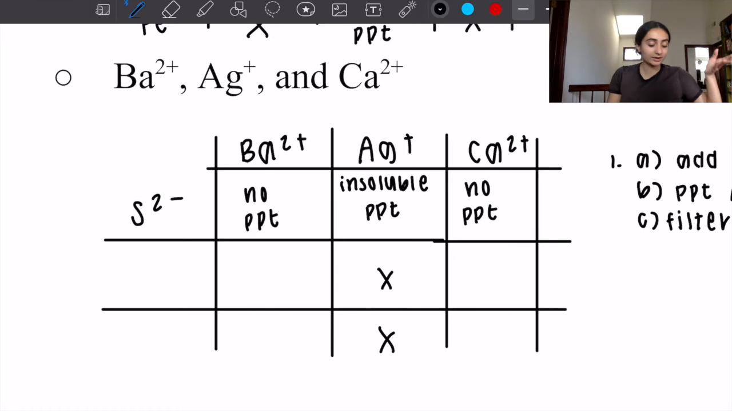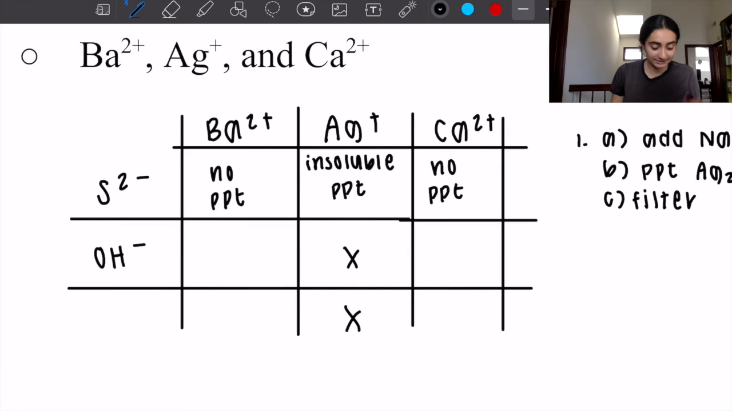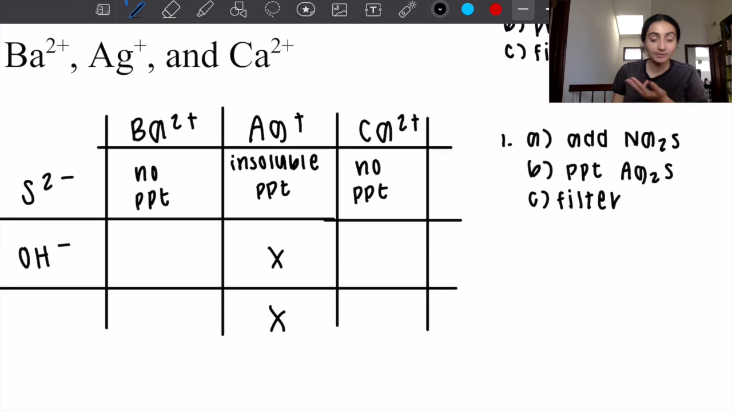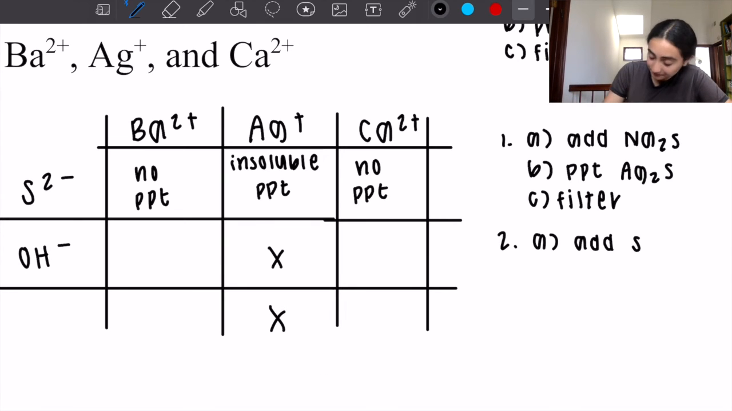Next, we want either barium or calcium. So I'm going to keep searching on my list, and I notice that hydroxide is soluble with barium but insoluble with calcium. Because calcium is not an alkali ion, it is not H+, it is not NH4+, it is not Ba2+, and it is not Sr2+. So I am going to write my next set of steps. My spectator ion this time, I will make cesium. So I'm going to add